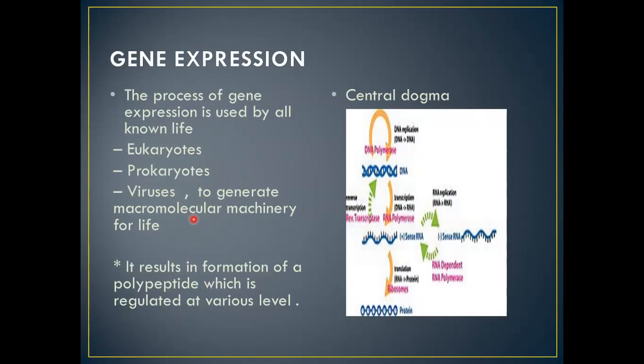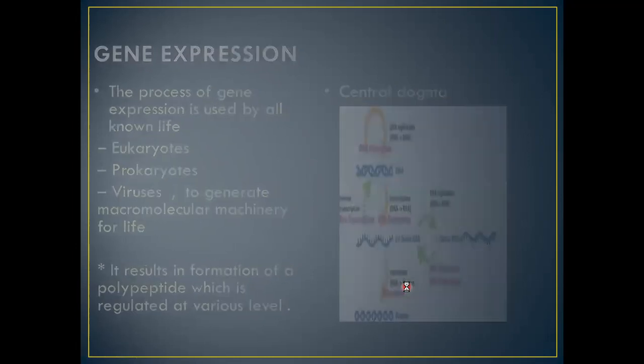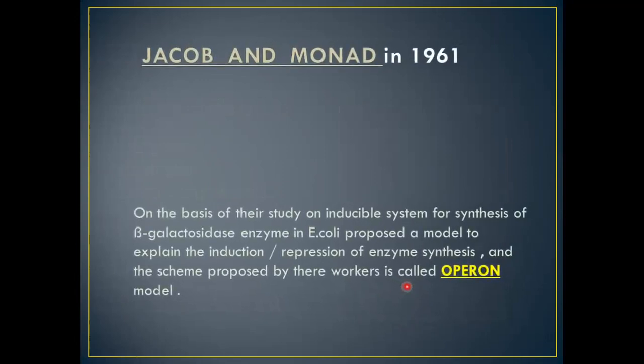We all know that DNA replication is a process by which DNA makes a copy of itself during cell division, and transcription is a process by which information of a strand of DNA is copied into a new mRNA, that is messenger RNA, and the enzyme used is RNA polymerase. Reverse transcription is a process in which the reverse transcriptase enzyme is used to generate complementary DNA, that is cDNA, from an RNA template. And translation is a process by which RNA is used to produce protein. It results in the formation of a polypeptide,